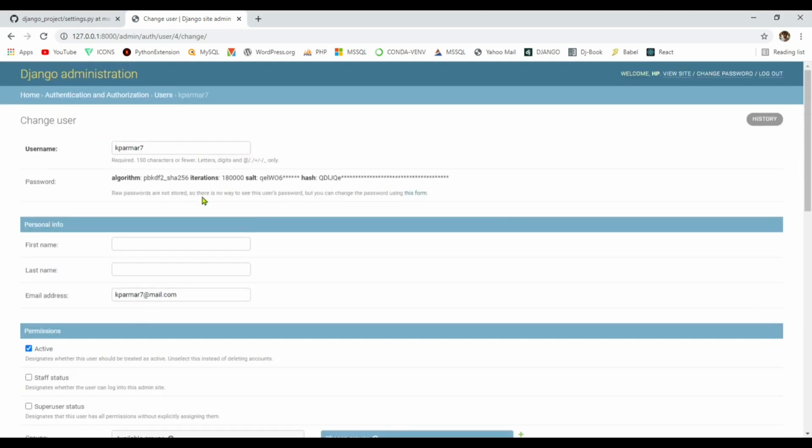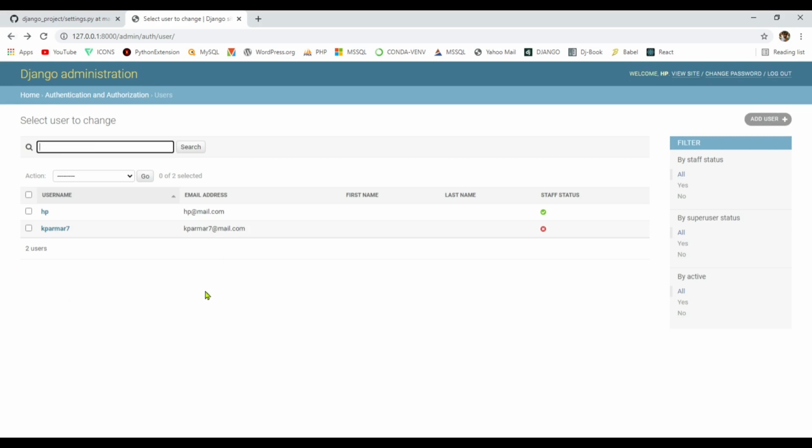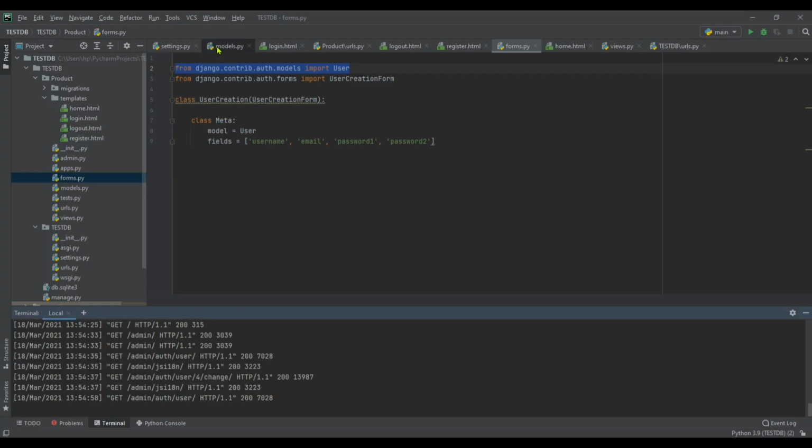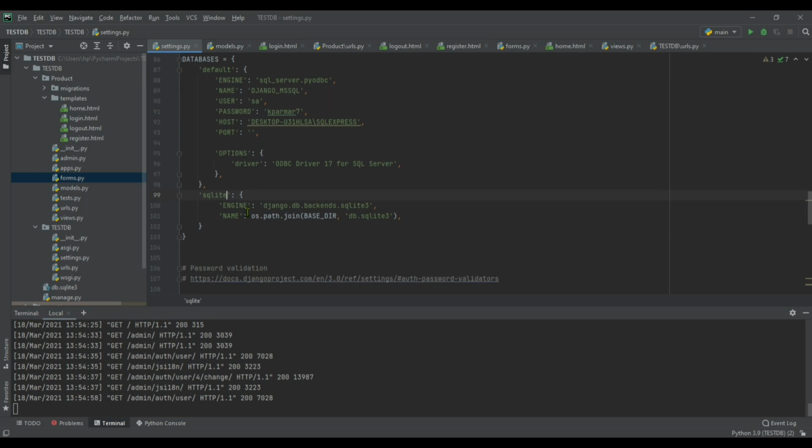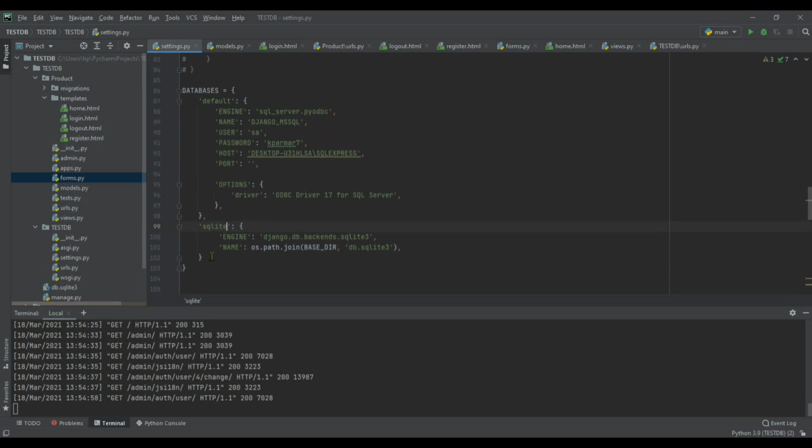So to see the user, we need to use one more DB inside our settings.py file along with MSSQL server. So I'm using SQLite, which stores our user passwords. So let's come back to our